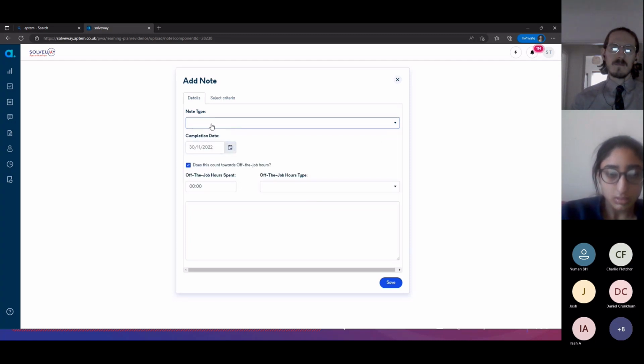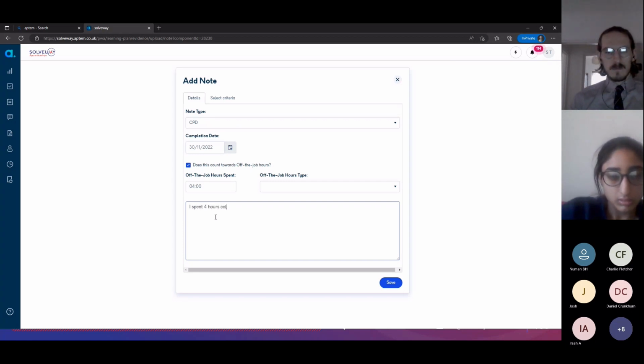It doesn't matter too much, to be honest. I would then put the other 4 hours in there. Go, I spent 4 hours collecting and gathering evidence relating to role